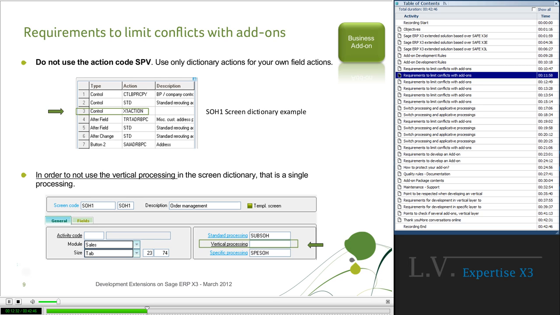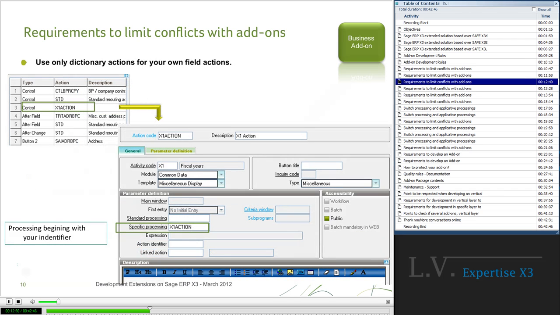First, to identify your own action in the core screen, and secondly, not to share a common processing for several add-ons and assets, avoiding the usage of the vertical processing. An example here, you can have the detail of the action of the field X1 action.